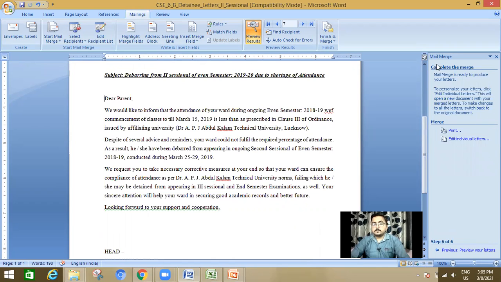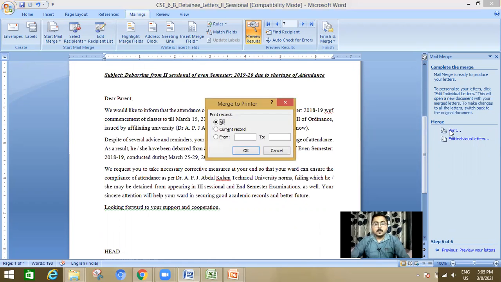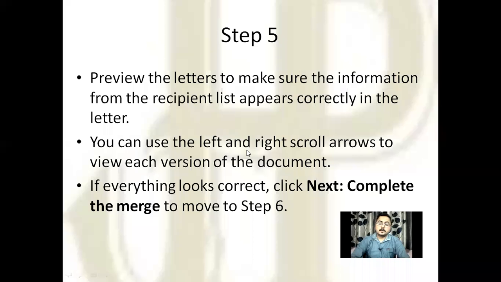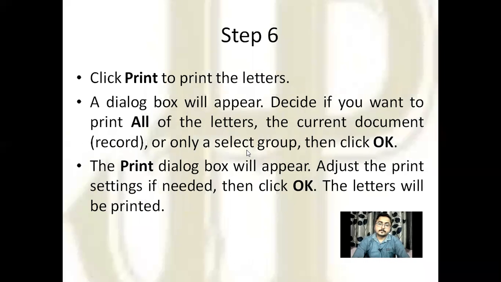Now here the message will appear, mail merge is ready to produce your letters. So click on Print. Print records: all, or whatever you want, from page 1 to 5 and so on. Then click on OK. That's all in the Mailings tab. Okay.